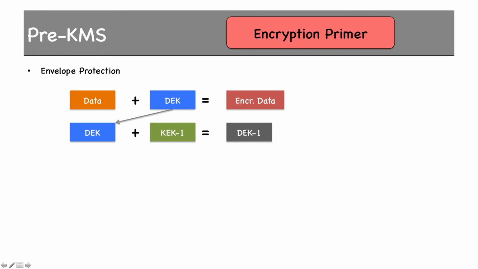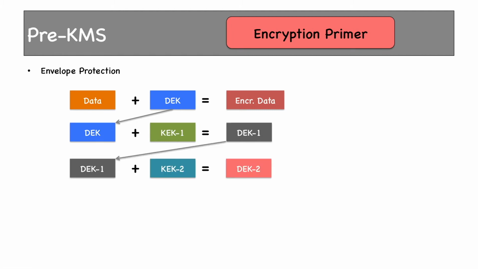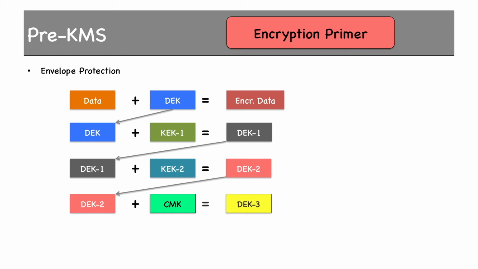And we get level 1 encryption of our DEK. So DEK1 is the encrypted version of the DEK, which is used to encrypt this data. Then the saga continues and we encrypt this DEK with another KEK to get DEK level 2. Then the final one, this time DEK level 2 is encrypted with a CMK or customer master key to get DEK level 3, which is the encryption of DEK level 2. I have stopped here, but you can continue doing so to get a more secure encryption key infrastructure.